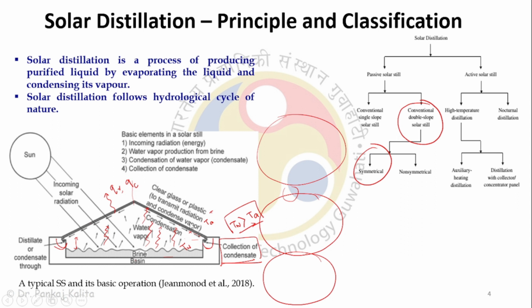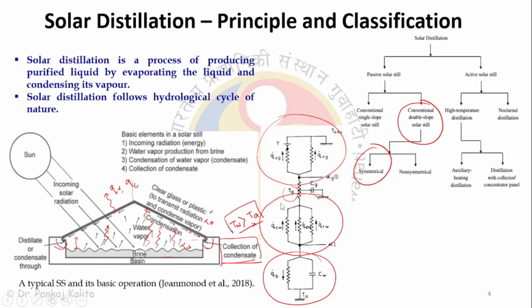So one thing you can see is the application here. If this brine water is replaced with sea water, which is actually a brine solution because of NaCl, not so brine, but still this can be replaced, and then good quality potable water can be obtained from that. One more thing is that the water collected here is not actually drinkable. Why? Because it is distilled water now, so it doesn't have any minerals. So the minerals have to be balanced to make it suitable for potable purposes. So these are some of the various thermal resistances.